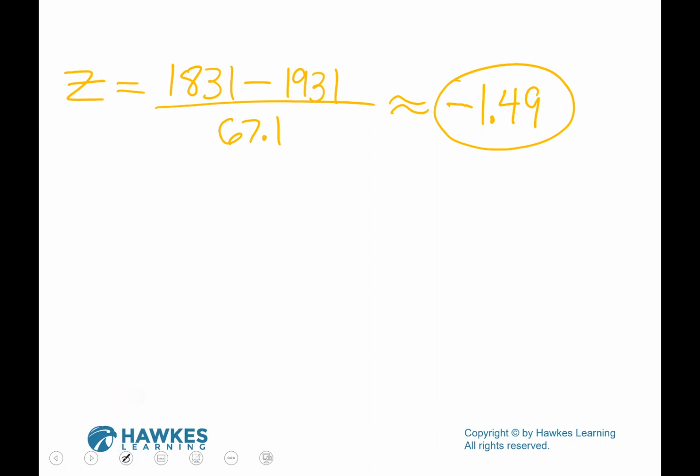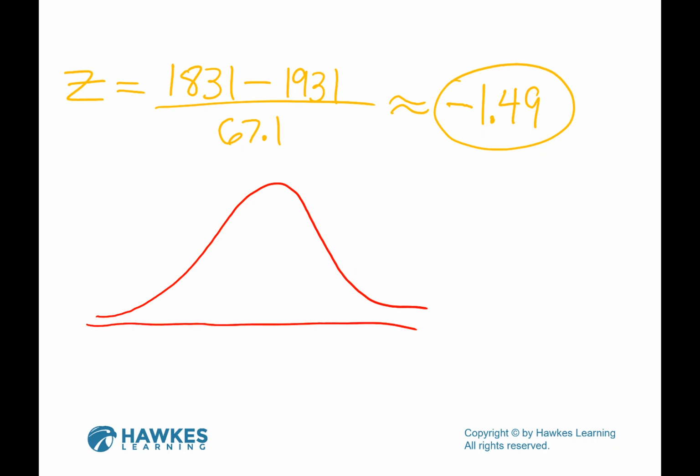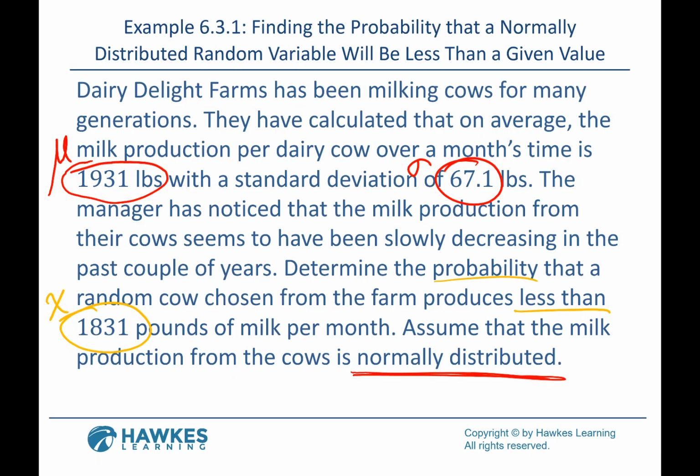So what's going on here is we're going to take our probability question and transform it into an area under the curve problem. So right now we've got a Z value of negative 1.49, and to get a probability we need to come up with some type of area under the curve. Which type of area we want, left, right, in between, or two tails, depends on the question that was asked. Okay, so if we go back and look at the question,